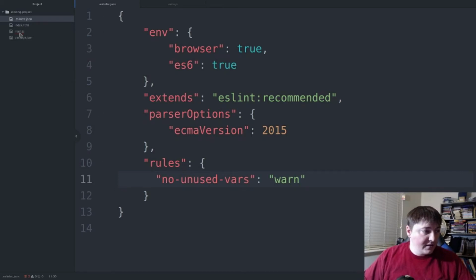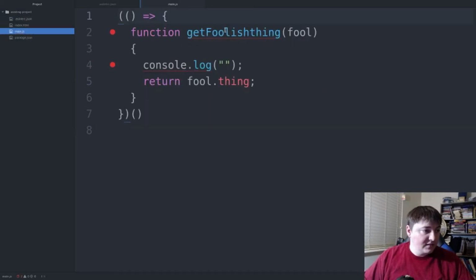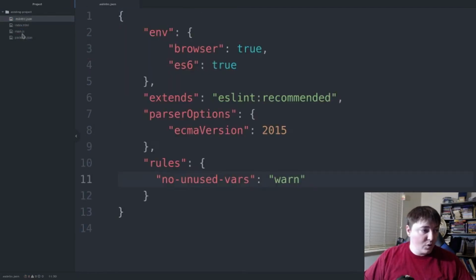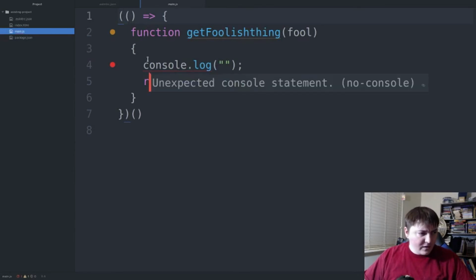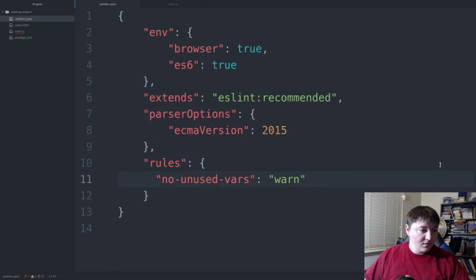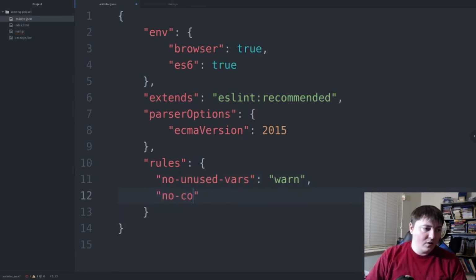Let's go back, see if it worked. It has not yet updated. Close it, open, and it's turned yellow. It's now a warning. That's good. However, we also notice how this says no console logs. I'm okay with having console logs in my code, especially in this project being a demo. So I want to go back here, add no-console,